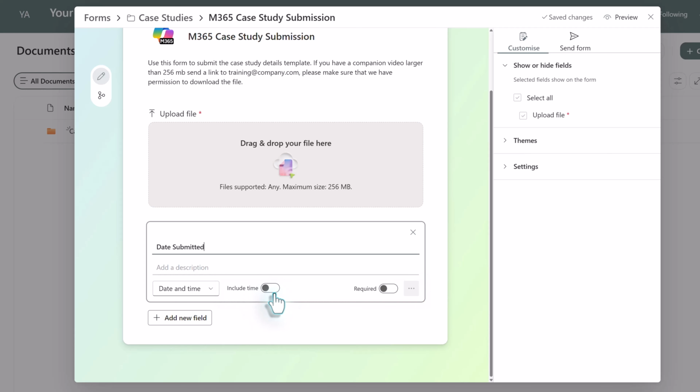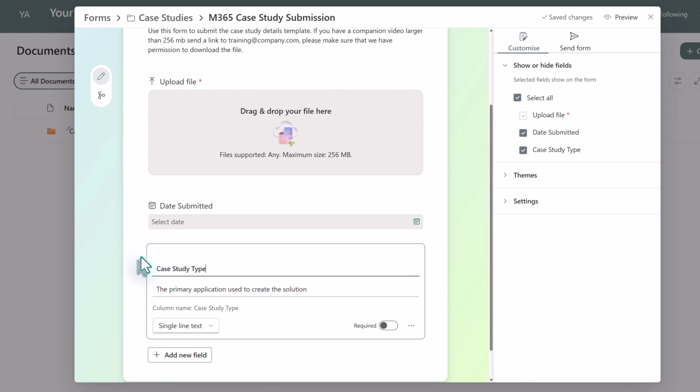Repeat all the steps as needed to add as many questions to the form as you need for your business process. I added one more field to define the primary application used in the case study. For this demonstration, 2 extra questions are enough. Now I would like to draw your attention to the pane on the right where we can customize the form